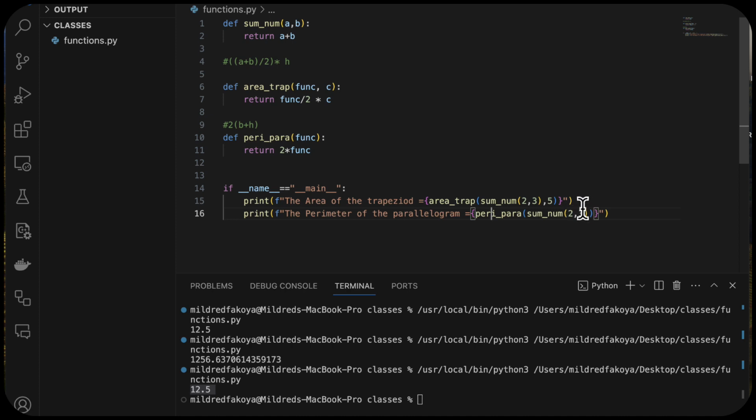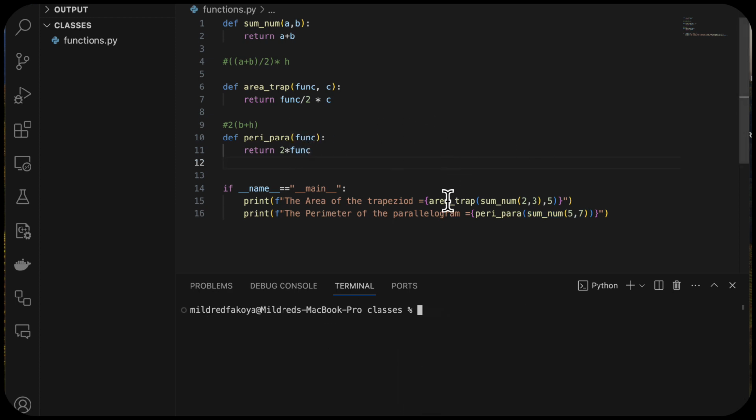Or let's say 5 and 7, for instance. Let's not just use 2 and 3. Let's say 5 and 7, like this. So when we supply this, because the return value here is 2 times whatever this evaluates to, we handle that in the return. And so when we print this out, for this I use a calculator, and I should get